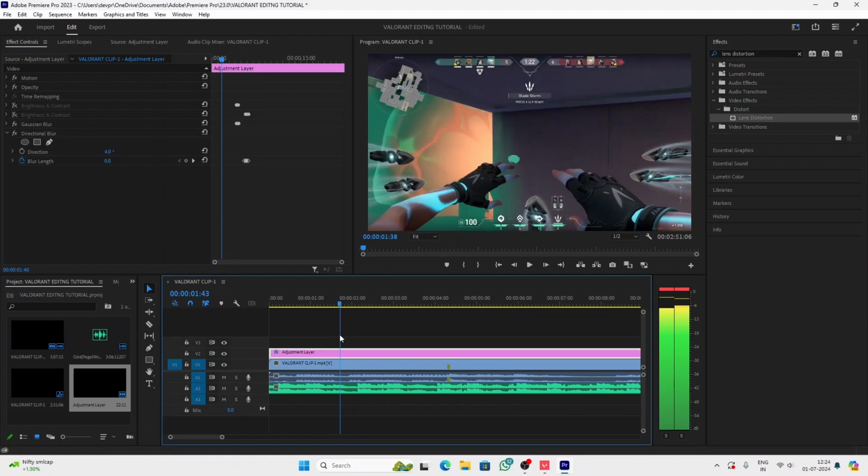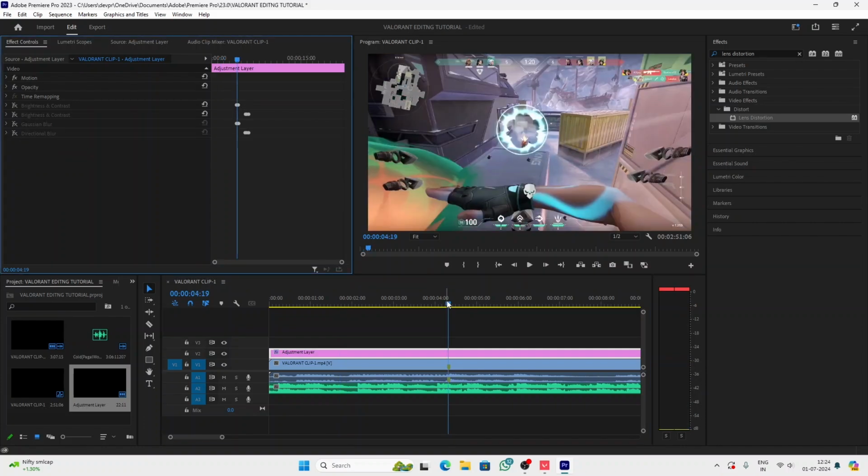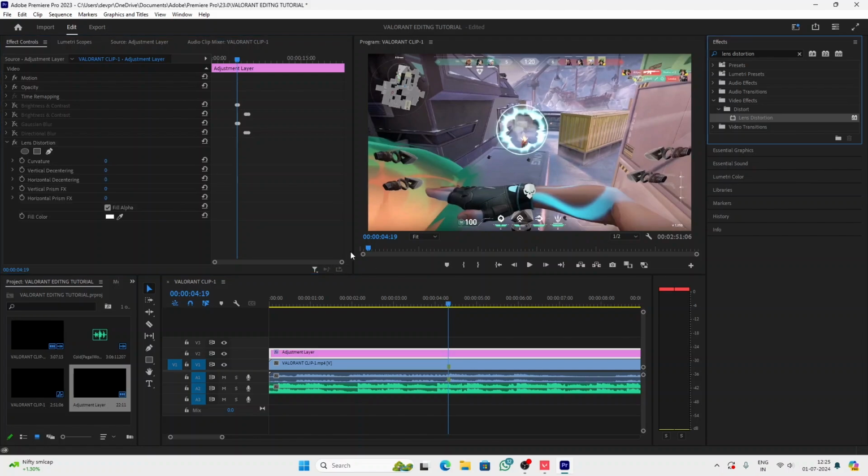Over here I'll uncheck this. Now see, your kill is coming in the kill feed right now. Now you want to select lens distortion, and on the timeline you can adjust it to your curvature, like you can take it out, zoom out or zoom in. I like zoom in, most of the times montage